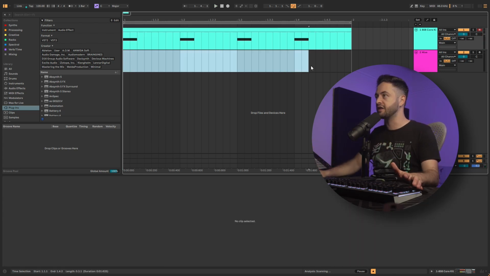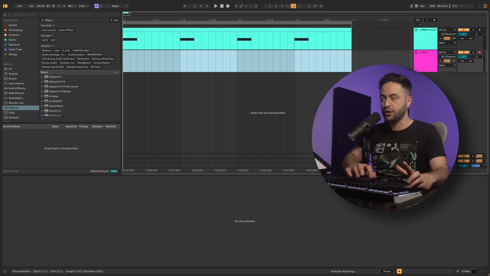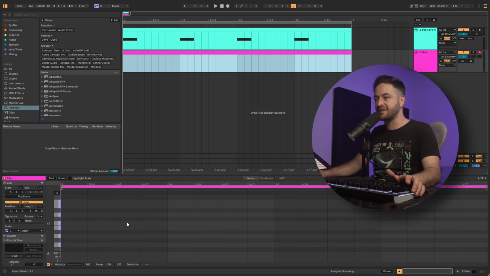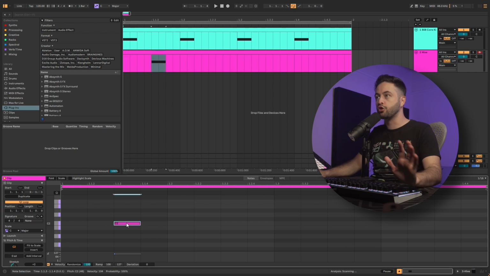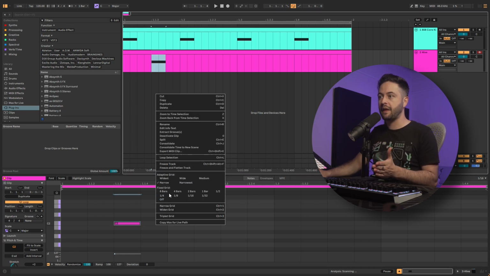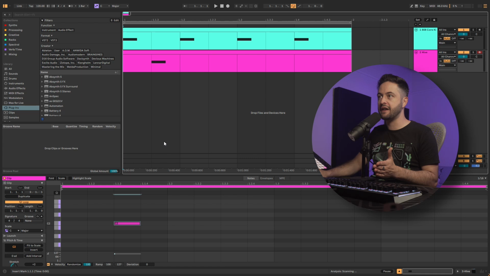I'll go ahead and select this area of time, go Control-Shift-M to create a MIDI clip. We'll go down an octave to say C2, and I'm going to draw in some notes. And so I know that the kick is occupying the first part of this bar. I want to place a bass note at the beginning of the second eighth note. So if I change this to eighth notes, this would be the first eighth note, and this would be the